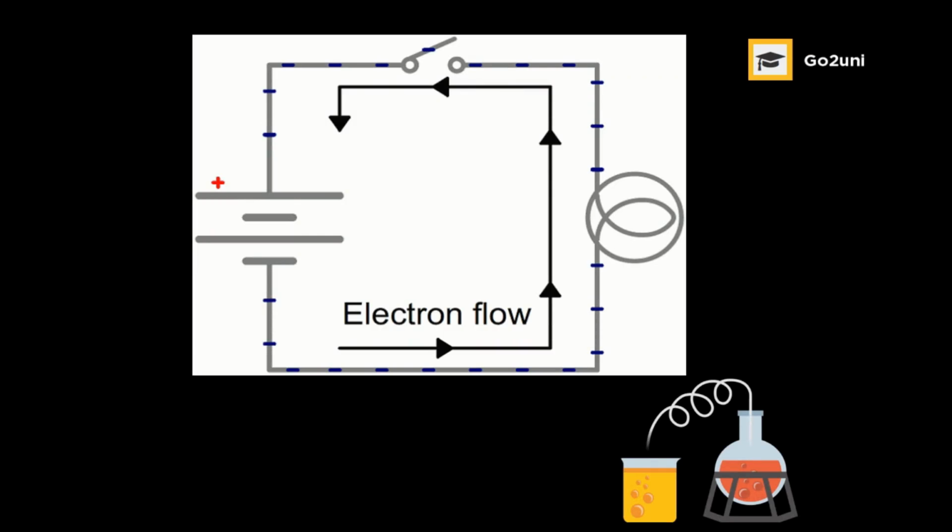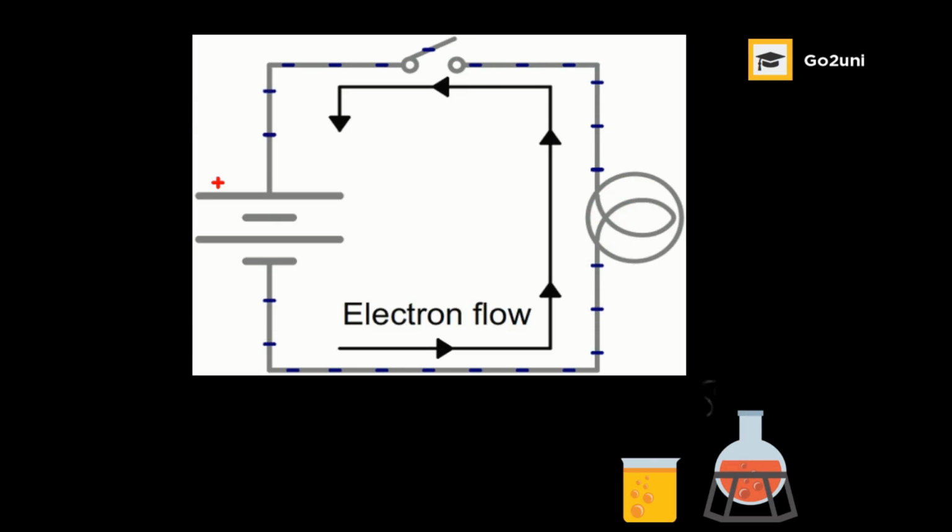So just as we can see on the screen, this is an example of an electric circuit which will bring about the flow of electrons, fast moving streams of electrons. And as these electrons flow through the circuit, it makes the bulb that is connected to the circuit glow, and that is actually what is called current electricity. So with this, we make a difference between current electricity and static electricity.